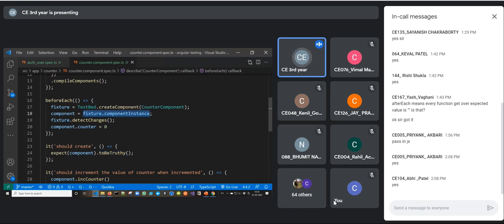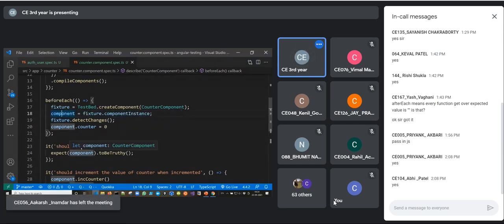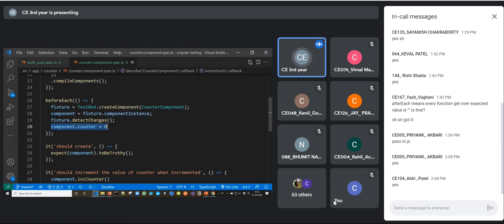So we get the reference to the component instance in the variable component, and the counter property of the component class is initialized to 0. We have the reference to the component instance, and it must be there before we check the other methods, say the increment method or decrement method. First of all, it should exist.